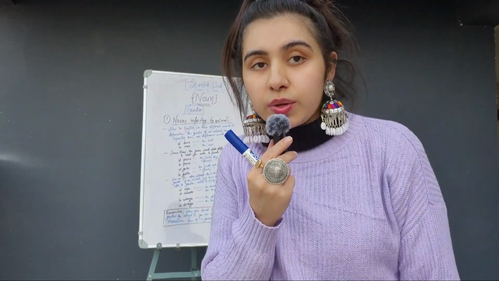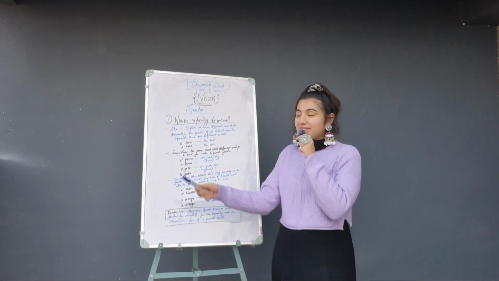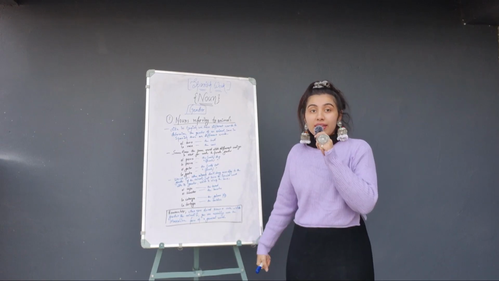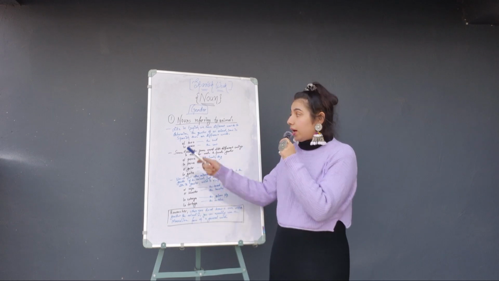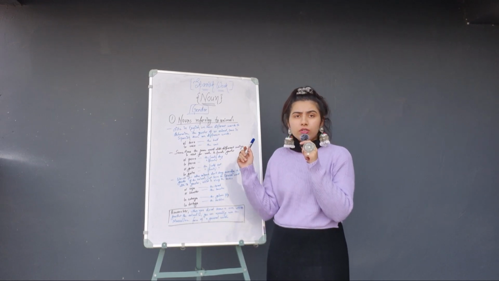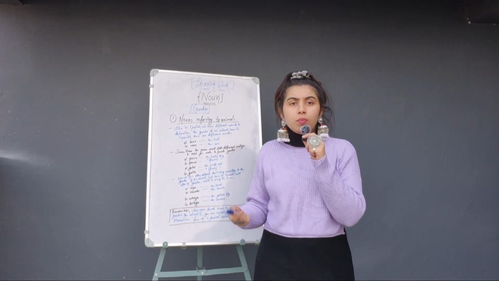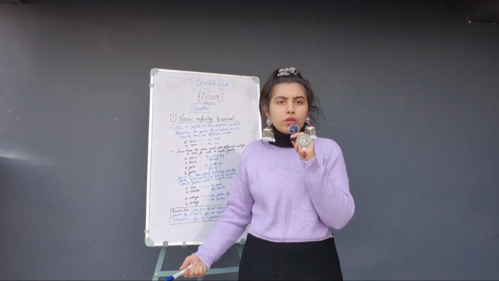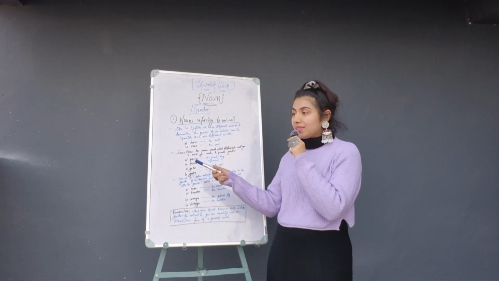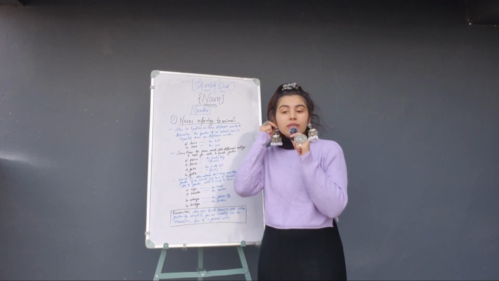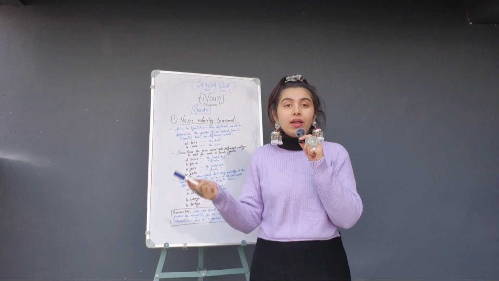Our next topic is nouns referring to animals. Let's see how it works. Number one, the point is that in English we have different words to determine the gender of the animal, like cow or bull. We can easily understand which one is feminine and which one is masculine, right? The same applies in Spanish too. There are different sets of words that determine the feminine and the masculine.